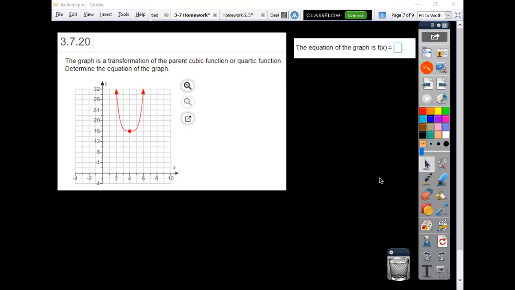Okay, 3.7.20. Let's take a look at this one. Doesn't quite look like a quadratic. See how that's a little bit flatter? So that would seem to me that that definitely has more of the shape of, if you watched one of the previous videos where I talked about the x to the fourth, how when you're within 1 unit here, so like you have a fraction, if you take a fraction and you raise it to the 4th power, so if this is my x squared sort of thing,